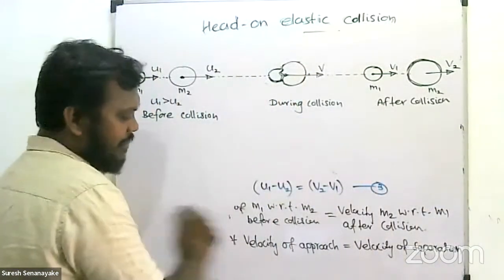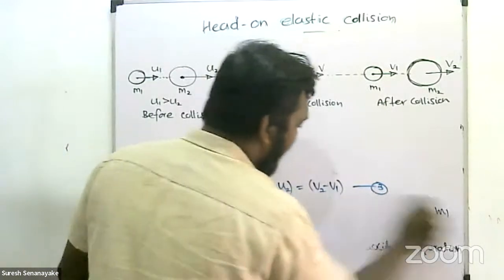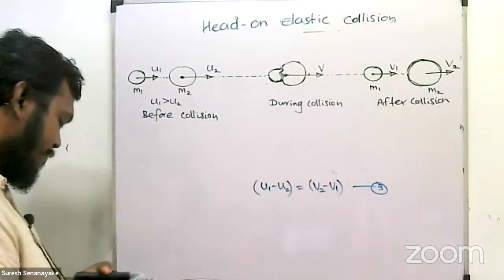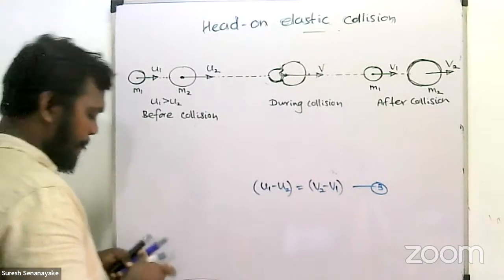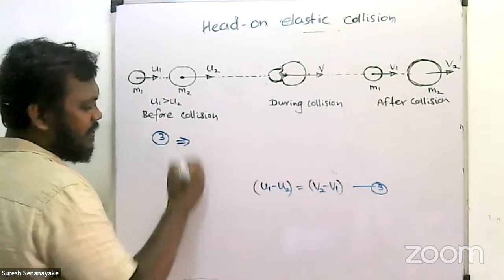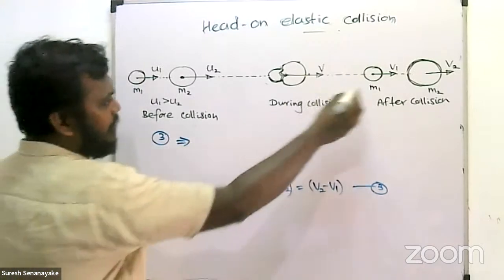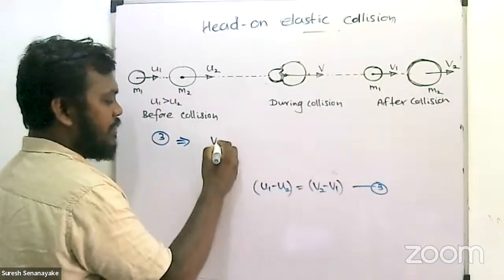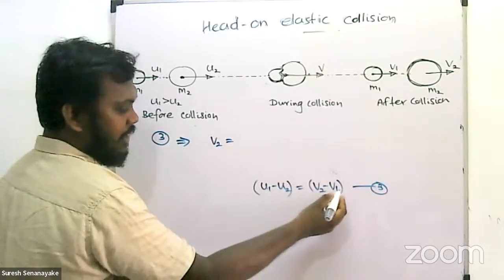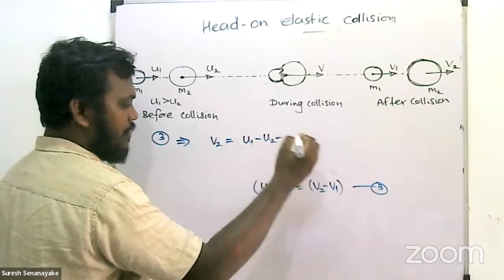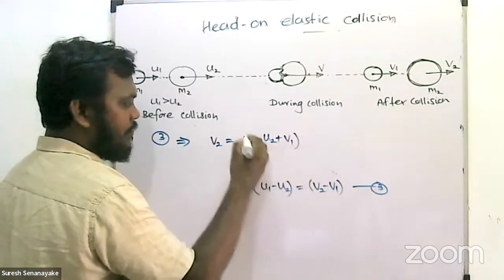Okay, could you remember the first equation? I erased the first one here, that's right. This is what you need to write. From this third equation, I'll make V2 the subject, because I want to find V1. So I make V2 the subject and substitute in the first. Here V2 you can write from this equation, take this V1 to the other side. It's U1 minus U2, that's plus V1.